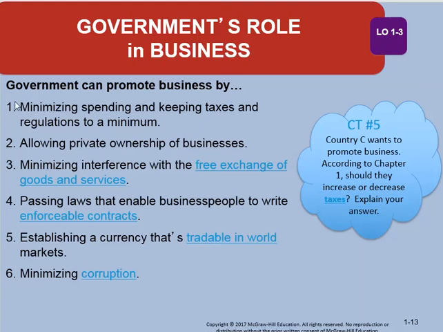So if you're in a government that minimizes spending, why would they minimize spending? So that they can also minimize taxes that they collect. They must allow private ownership of a business, and we'll talk about that more in chapter 2. We want the free exchange of goods and services, and this is again part of chapter 2. You want to have enforceable contracts. That means that